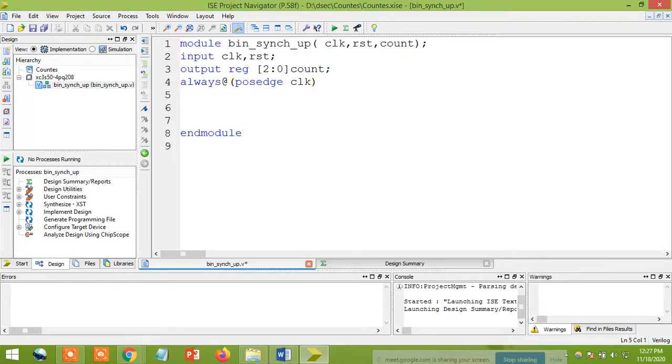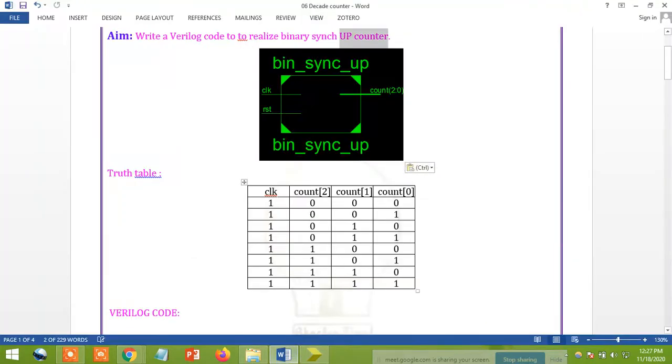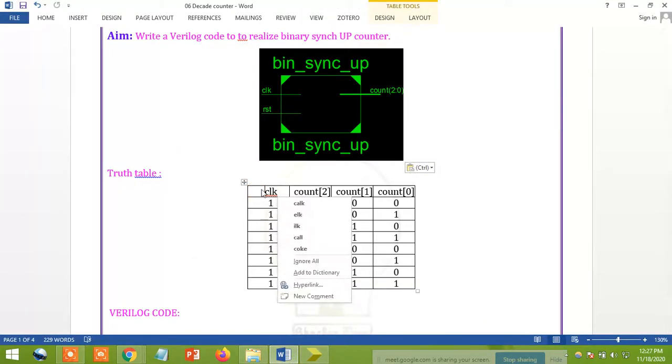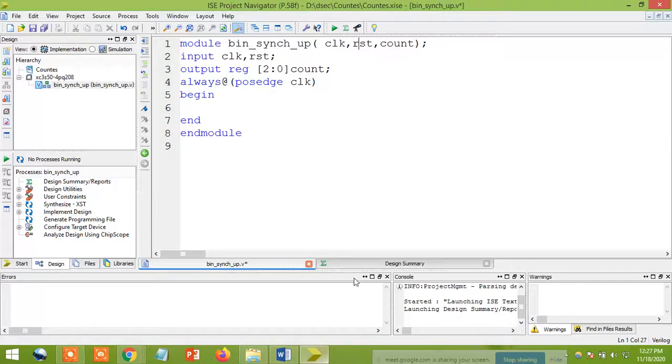Just start the begin and end. Between the begin and end, you need to write the program. It's very simple. I'm going to write the program for up count, and you are going to take a reset also. In the counter, what it will do is, if reset, if you want you can take one more column also. If you reset, it will come back to 0. Otherwise you need to start to count. That is my intention. So what I'm going to do here is write an if else statement. Then we easily get my outputs.